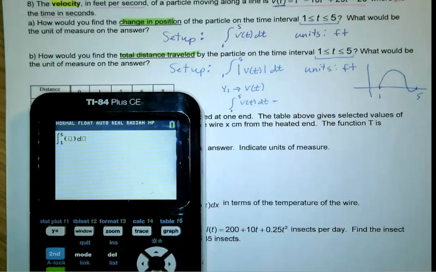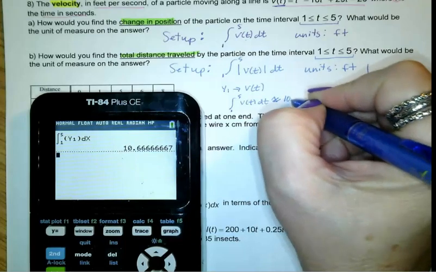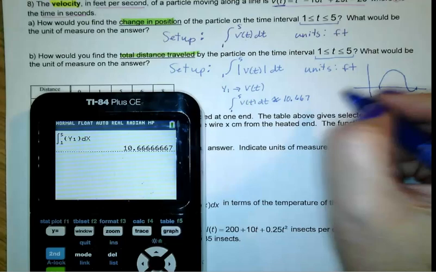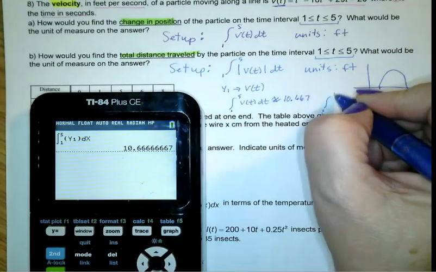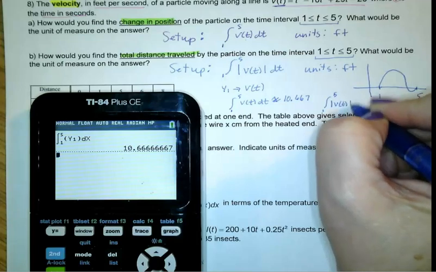And then remember how we put the function in y1. So we're going to do alpha trace, pick y1. And the variable that we're using is x. So when we calculate that, that is approximately 10.667. Okay, now if we do total displacement from 1 to 5 of the absolute value of v of t